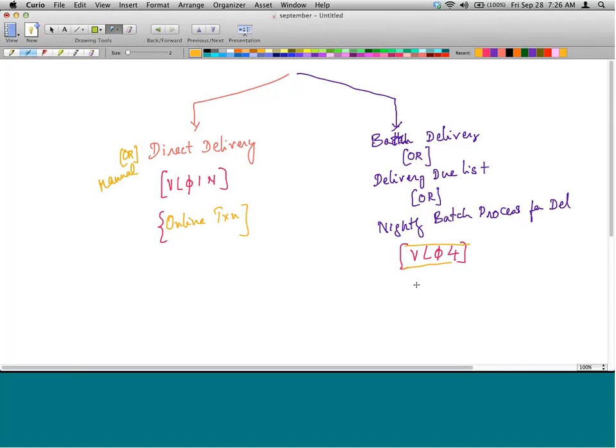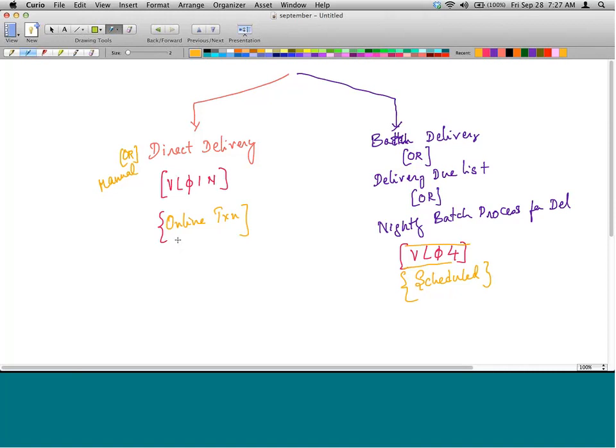How is a batch process scheduled? We have seen that yesterday. A batch process is scheduled via SM36 and SM37, to run at a particular interval, every day, every hour, every week. An online transaction is manually executed by the user. That is the main difference between these two.